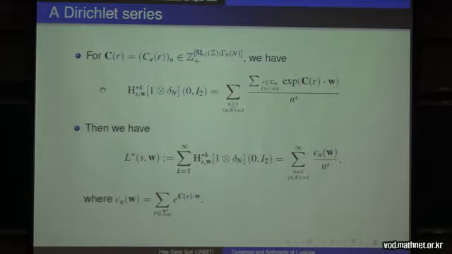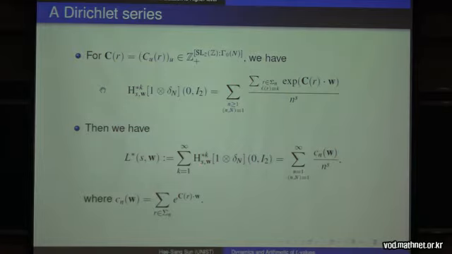Now you consider this one, so it's basically a vector valued random variable. Now you consider the moment generating function of that, and consider such a Dirichlet series of that moment generating function. Now you can show that this is equal to this one in the same way as before. So taking k1 to infinity, then you now have L star W is this one, and this is really related to the moment generating function, and now